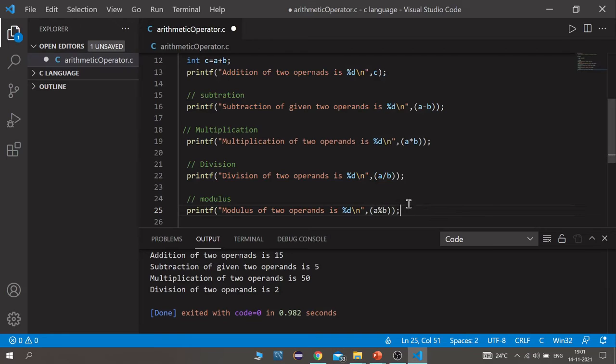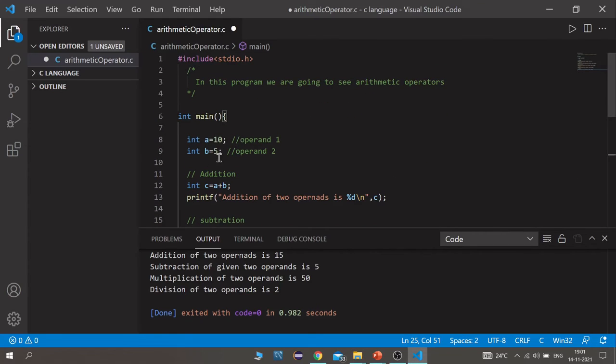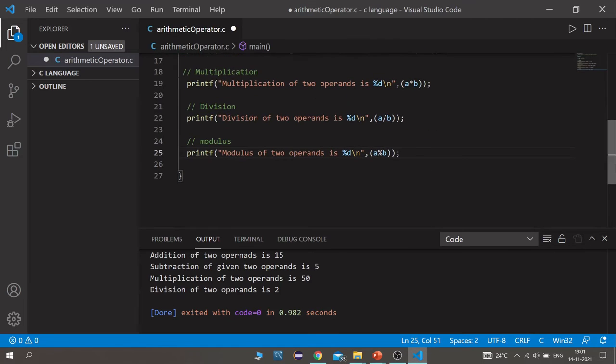Now this modulus is the remainder of this a and b. When you divide a divided by b, the remainder of this is the modulus. So 10 is divisible by 5, so 5 twos are 10, so there will be no remainder, so modulus would be 0.